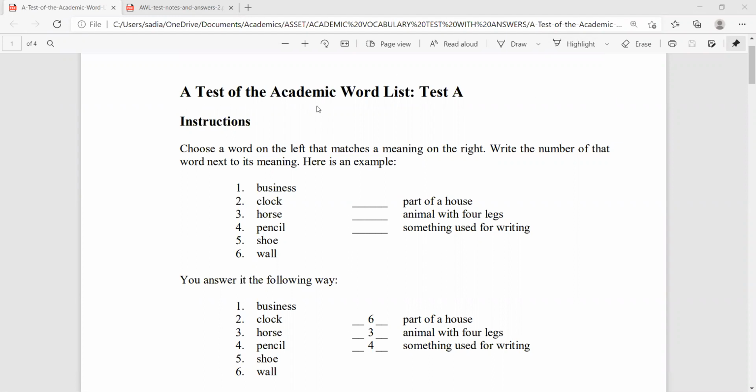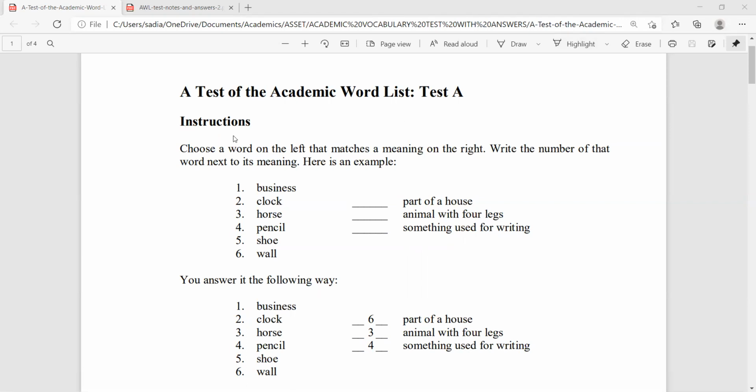It is a test for the academic word list. Academic word list is actually a specific word list which we use for formal academic writing. Non-academic writing could be colloquial or casual writing, but academic is actually focused, which is used in school, colleges, and university, and especially in research papers. So we are going to build a vocabulary for the academic word list. And this is test A. At the end of this exercise, you will be shown the answers also for this particular exercise.